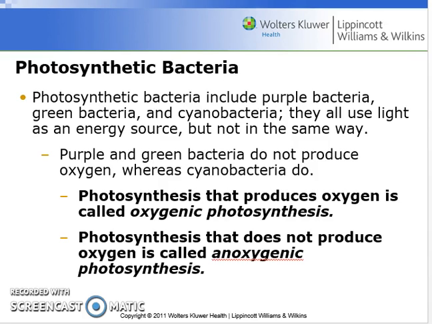which is pretty important because if you think about evolution, a lot of studies have indicated that cyanobacteria were precursors or forerunners of the oxygen movement, which led to the rise of plants in our evolutionary tree. So very important role. Two things to note about this are the oxygenic photosynthesis process and the anoxygenic photosynthesis process. When oxygen is being produced, we call it oxygenic photosynthesis. So that's what the cyanobacteria will be doing. And when oxygen is not produced, we call it anoxygenic photosynthesis, which is what the purple and green bacteria